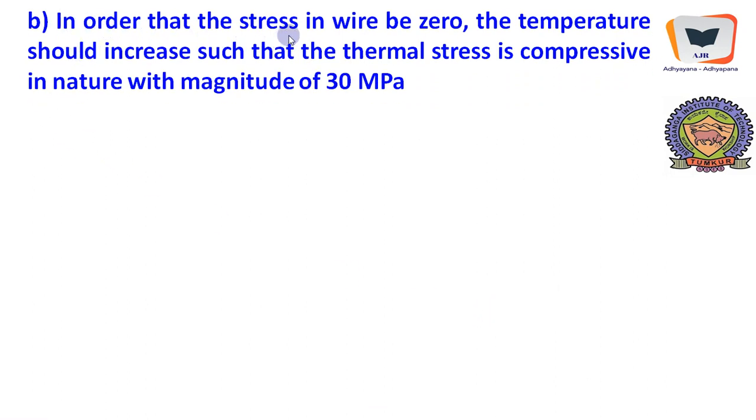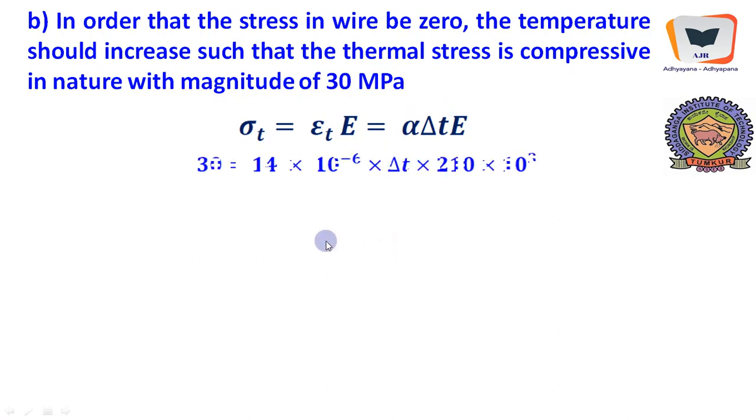In order that the stress in the wire be 0, the temperature should increase such that the thermal stress in the rod will become compressive in nature with a magnitude of 30 MPa. So here we have the stress value which is compressive in nature, so we will calculate the increase in temperature beyond 20 degrees centigrade. So sigma t is equal to epsilon t into E, and we will use this expanded formula. So 30, the known stress, should be of compressive nature, and